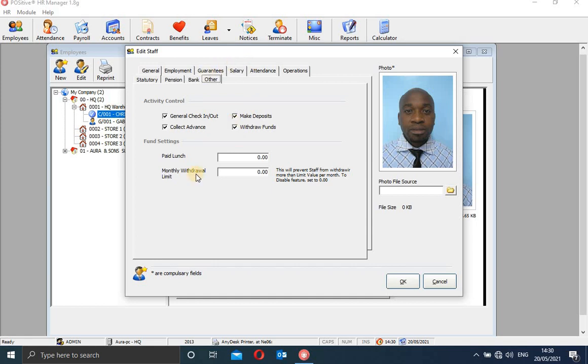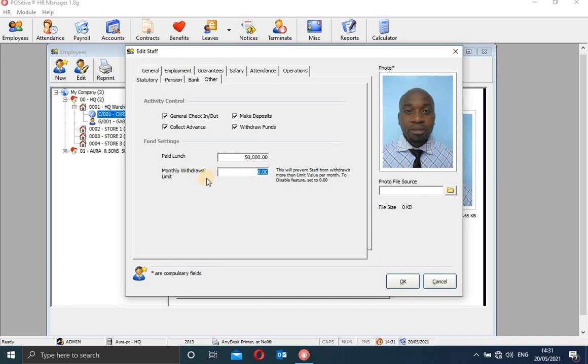And then from there is also this other general check-in. Okay, if the guy is wishing to make deposits or withdraw funds or collect advance, he can do that. If he's paid lunch, you can indicate the amount of money that is supposed to be given by the company for lunch every lunch hour. It could be 5,000, or some companies will give more.